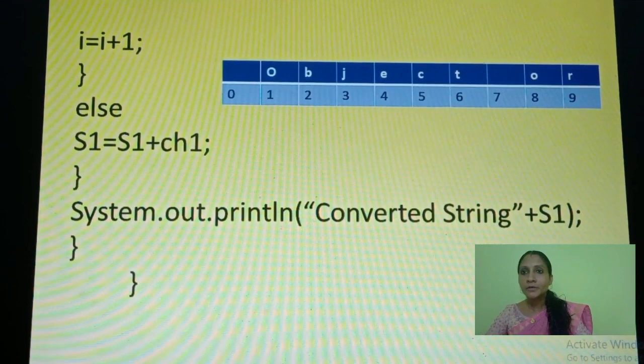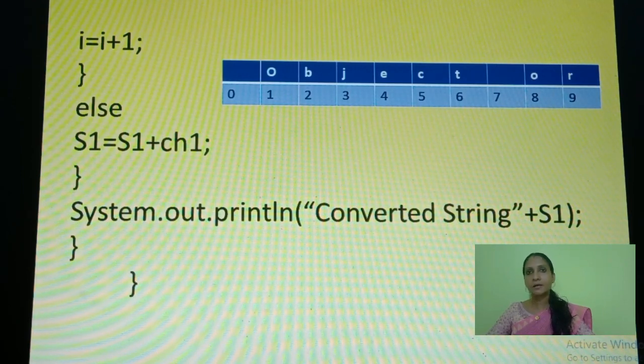Okay, what's our next step? I is equal to I plus 1. What's the use of this statement? Do you know? Because already we have converted that small letter O into capital, that need not be checked again. Because of that, I have given I is equal to I plus 1. That means first the value of I is now 0. 0 plus 1 means you will get a 1. Then it will be stored into I. Now the value of I is equal to 1, that means the first position number. When you operate that for loop, you will get the position number as 2.